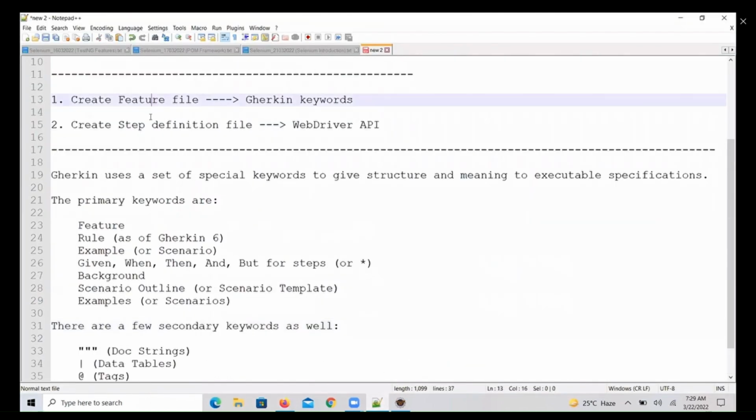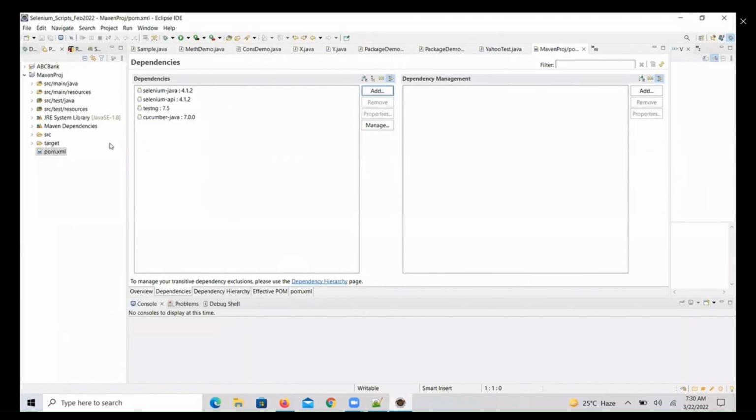Okay, first we have to create 2 files. One is the feature file and the second one is the step definition file. By using Gherkin keywords, we write the feature file. Okay, let's go with the example. How to create a feature file? Just go to the maven project